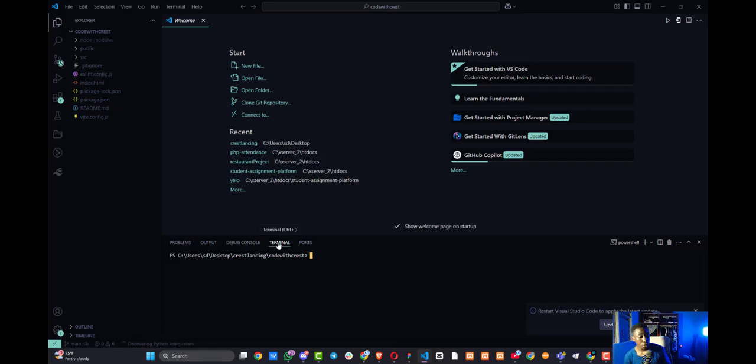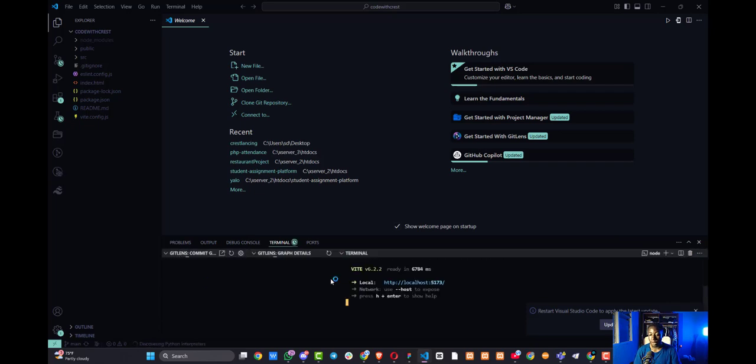All right, so the code is open in the terminal. Now the first thing I want to do is I want to run npm run dev. So I'll just type npm run dev so that we can run the development environment and we see actually what we have. So this is just an installation for React with Vite. As you can see here, it's specified that this is Vite, and we're running the development environment for that Vite, and this is it running on localhost